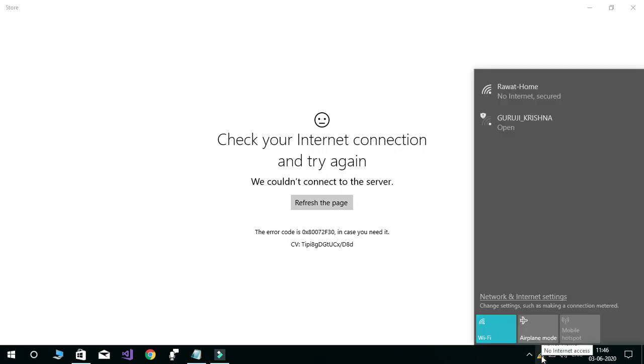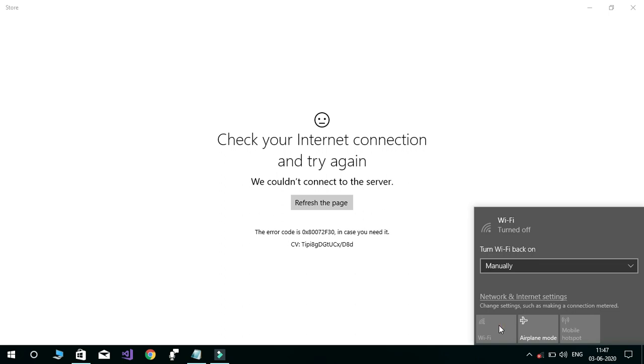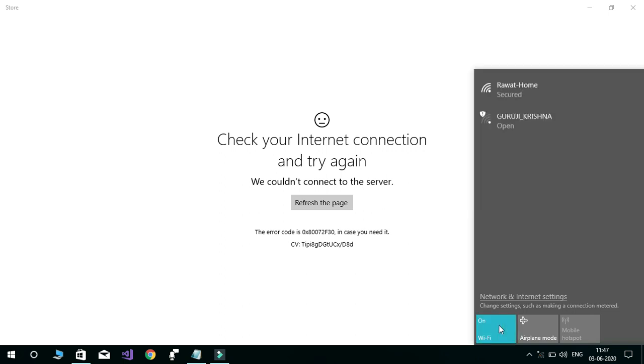So what I'm going to do is disconnect my Wi-Fi and connect it again. Now it's connected and secure. Now I'm going to retry refreshing the page.